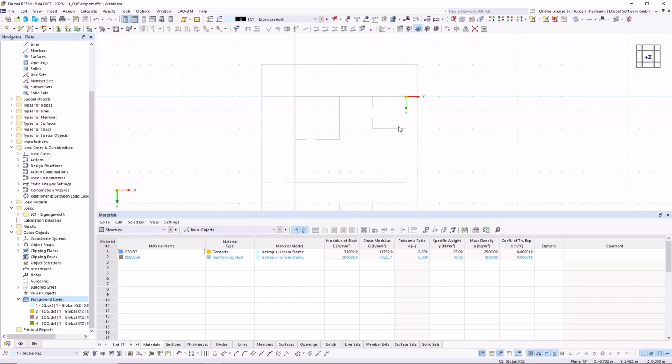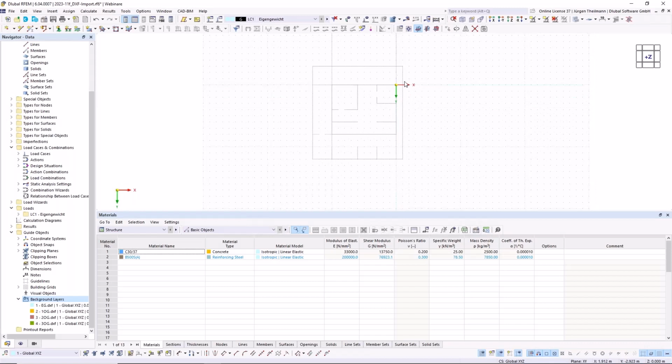Some of our customers already know about this topic with the reference point, so maybe they use lines of their building grid as a reference point, or they simply add a small pointer where they say this is my reference point in every story, and use this to really get those background layers aligned. Yes, that's all from my side. Thank you so much for now, and back to Andreas, I would say.